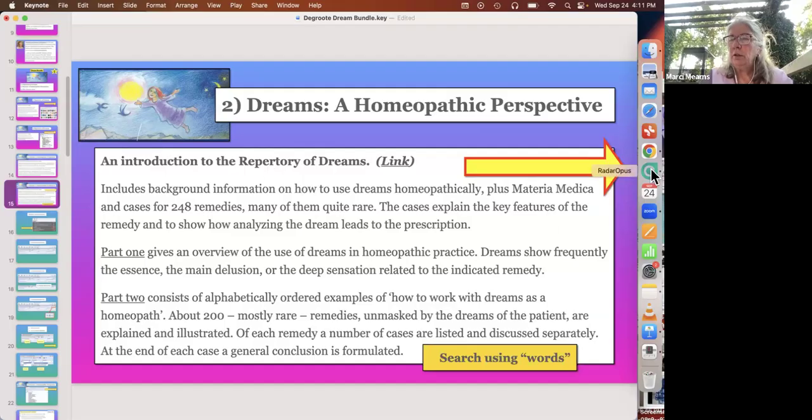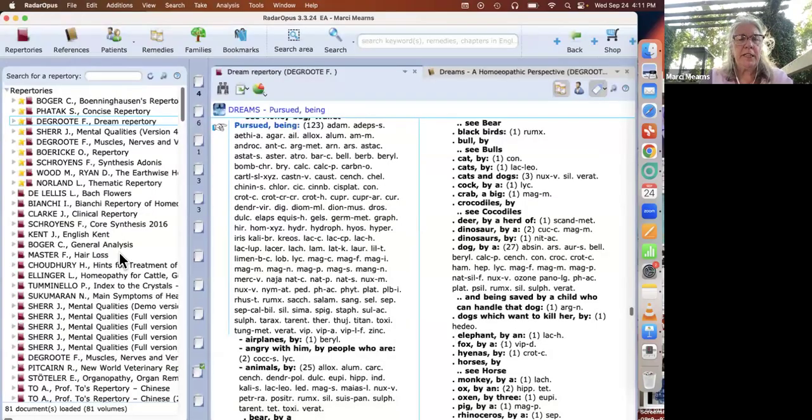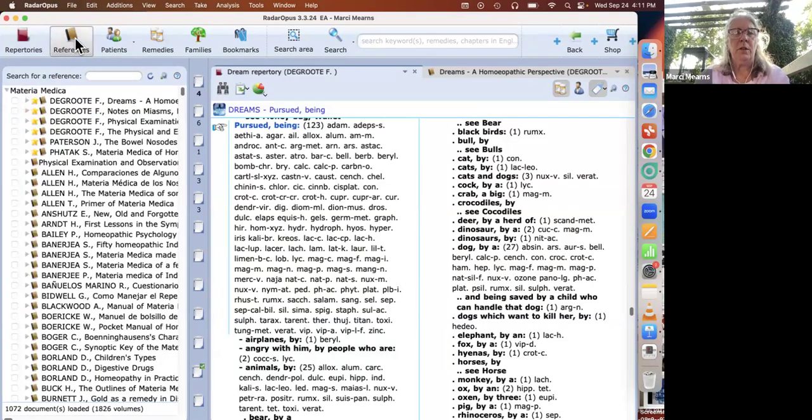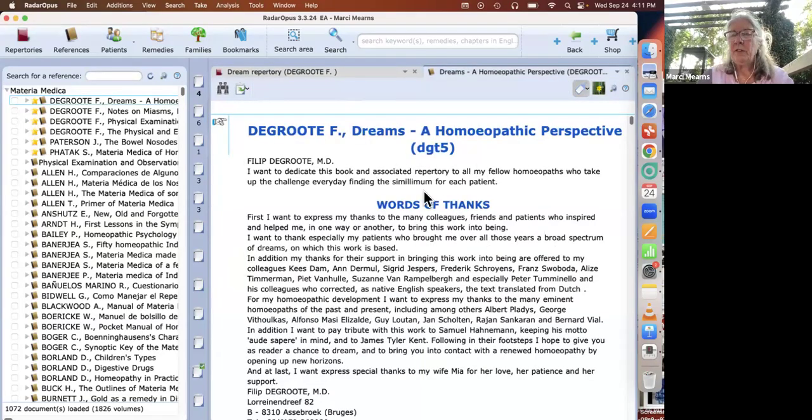Let's have a look. So instead of looking here in the repertories table of contents, I'm going to go to references, which is where all my books are located. And again, I happen to have this particular title up here at the top because I was going to make the presentation today, right?